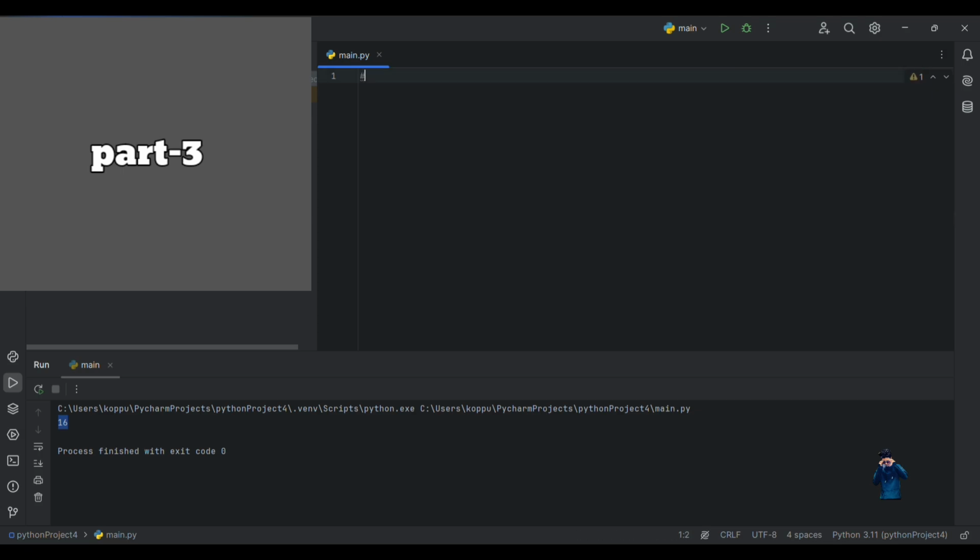After that we want to see default parameters. In default parameters you can define values for parameters in a function in this way. So friends,